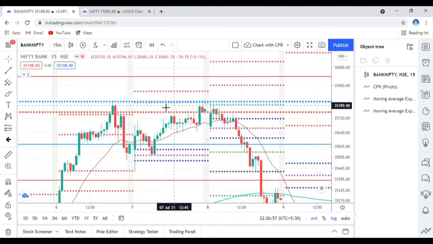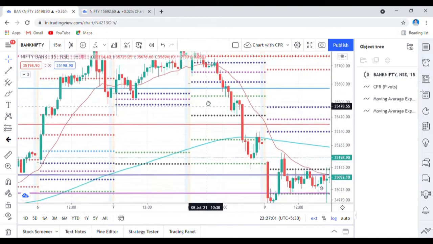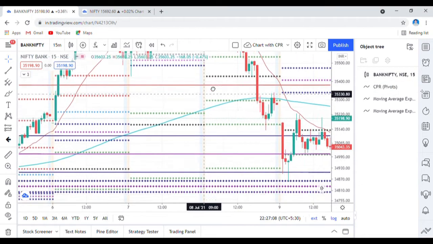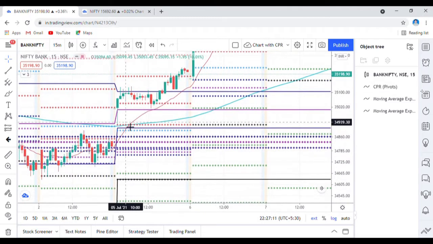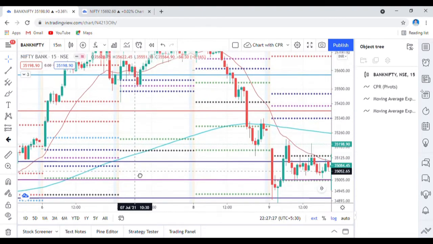That became the supply zone of the sellers, and from there the market crashed and it took support near the S3 level, but it didn't cover the gaps which it had created on the 5th of July. Gap orders means whenever we see the market opens gap up or gap down, usually on that day itself the gap used to cover. If not that day, after the next day or some other day, usually that gap used